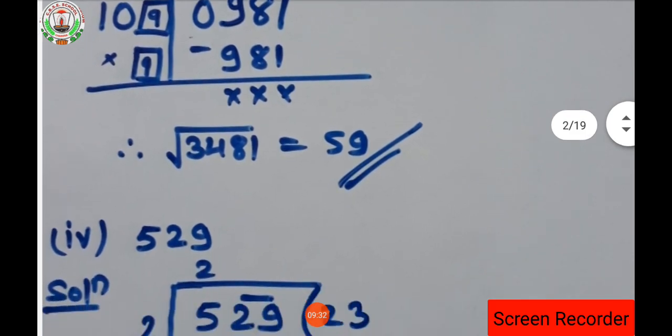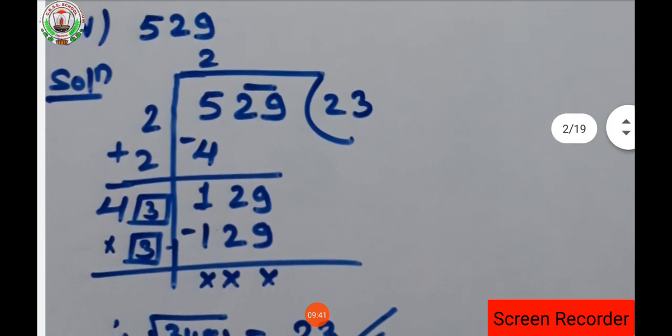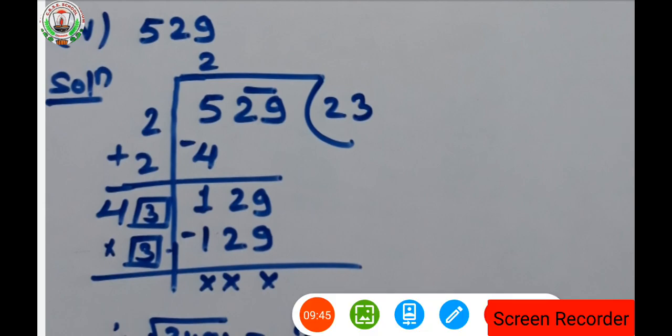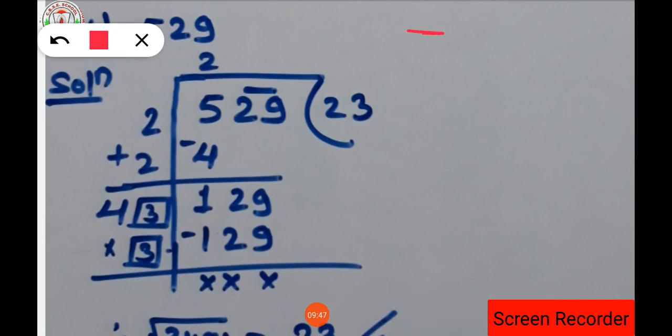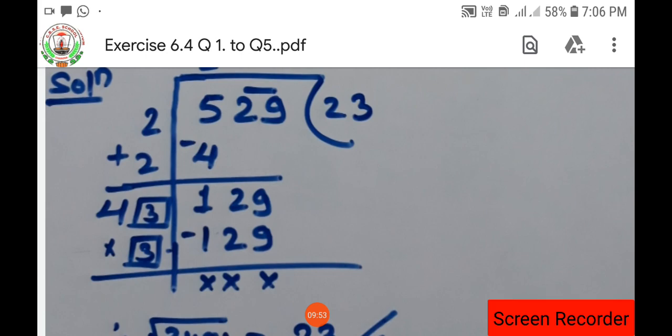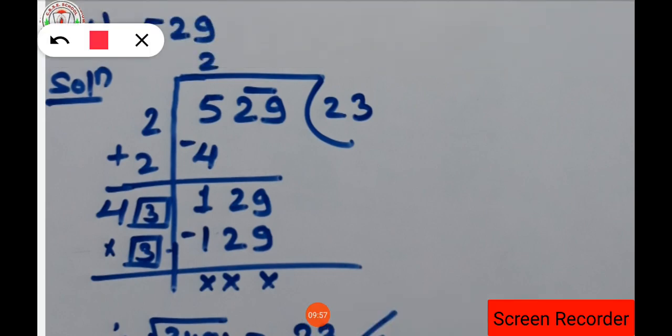So in this way you have to do question number 1 third part. I have already solved the fourth, fifth and sixth parts and shown you. So try to do them on your own. One more question I will explain, then the rest you try to do on your own. Okay. So here again the next number we are having is 529, isn't it? A 3 digit number we are having here.